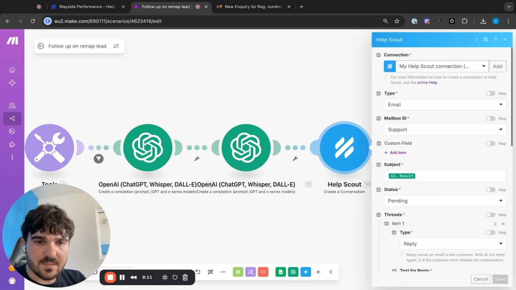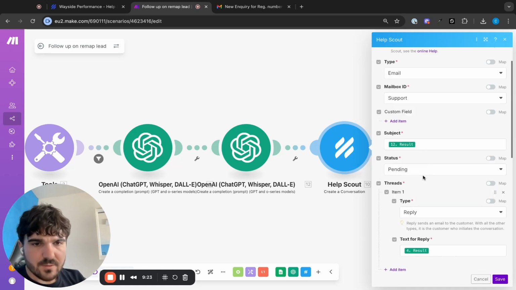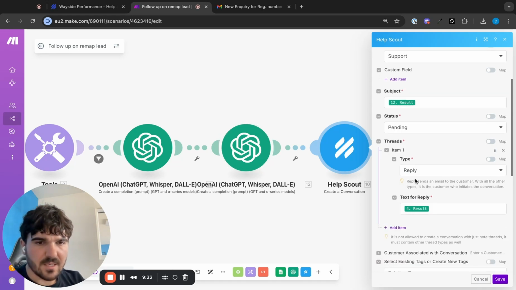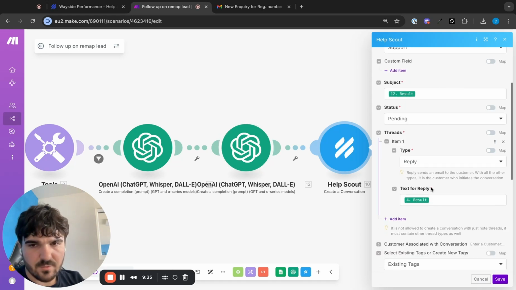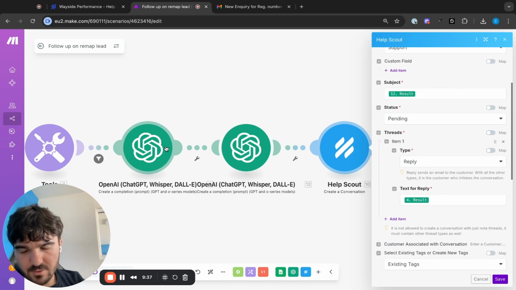So the remapped leads then get sent to Help Scout and open the conversation so that when they reply, it's immediately in the inbox and we can see what the first email was. So we use the create a conversation module, and the subject is the result of this one, because this one is what made the email subject. And the actual text for the reply is the result of this ChatGPT module where it created the text,